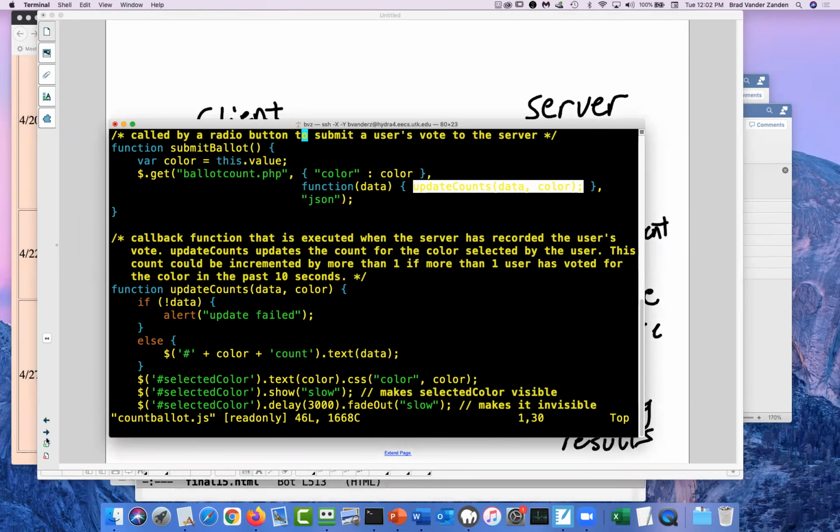So the documents are stored in the user collection, and you can see this again is executing on the server side, this particular function.